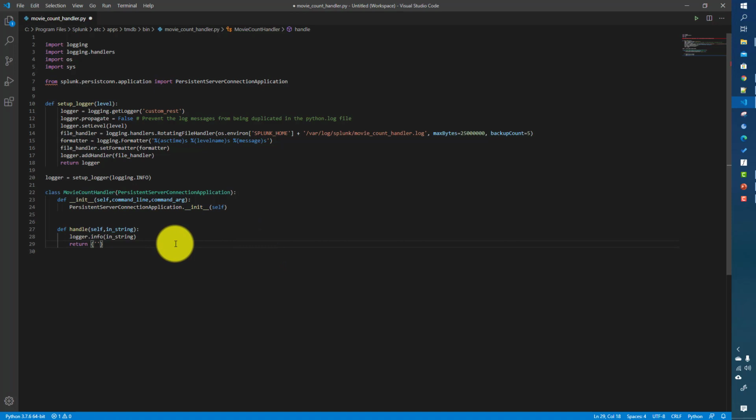Okay, at the minimum it has to be a dictionary first of all. Now there have to be two keys. One is called payload, and it can have any value. Let's say currently we will just pass